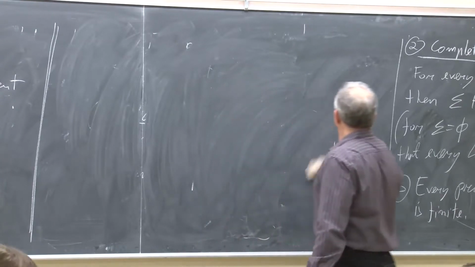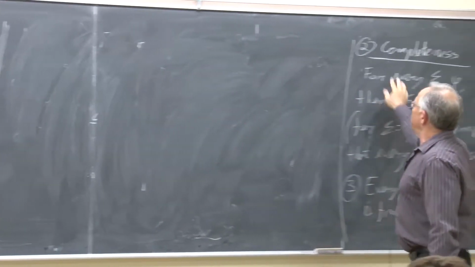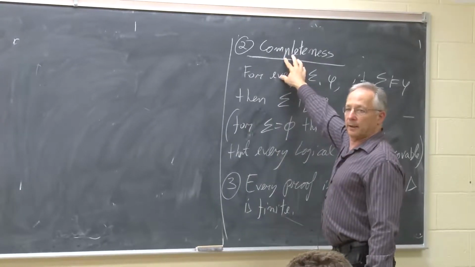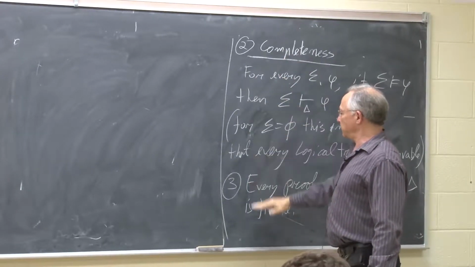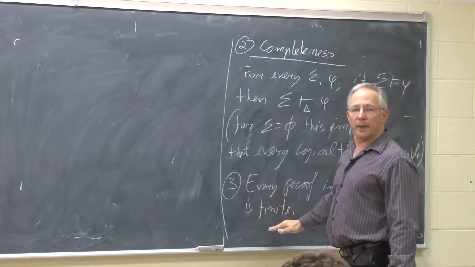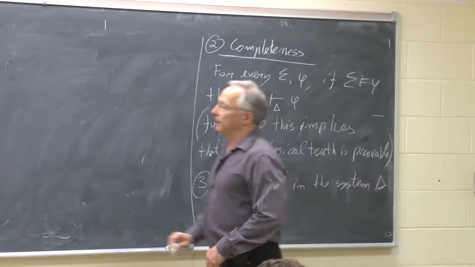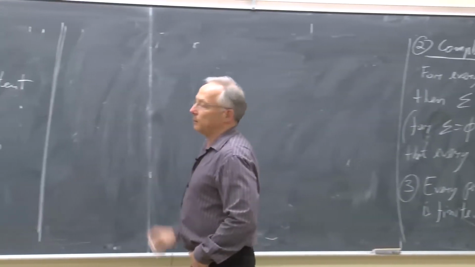Note that so far we only used the first two requirements from our proof system, which were soundness and completeness. I didn't make any use yet of the requirement that every proof is finite. But now what I can do